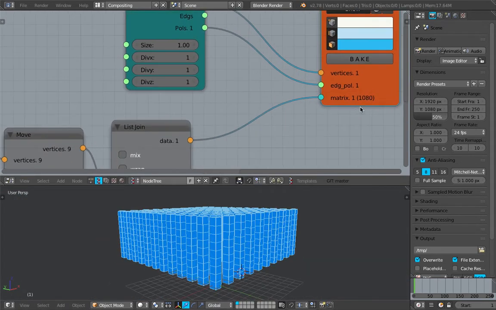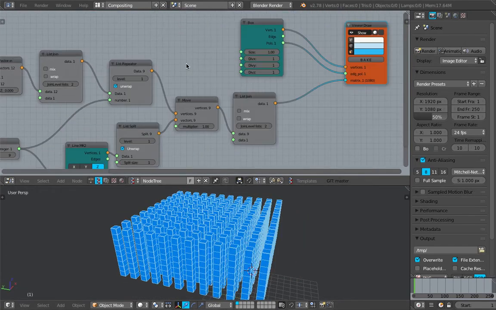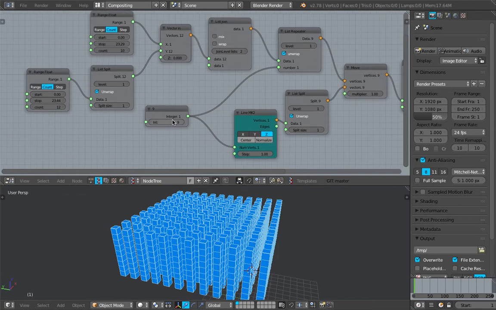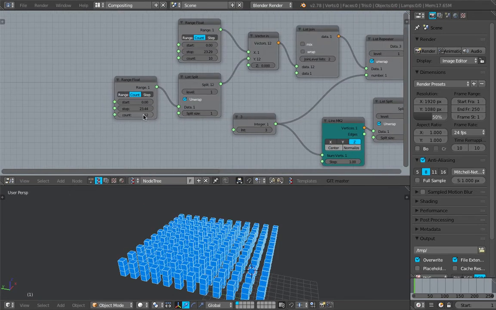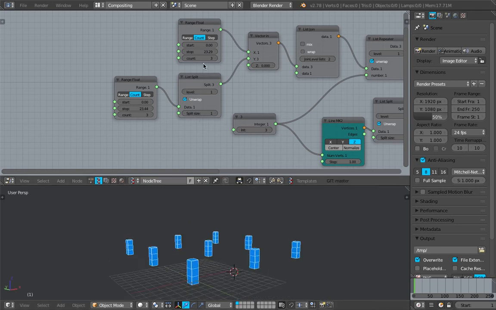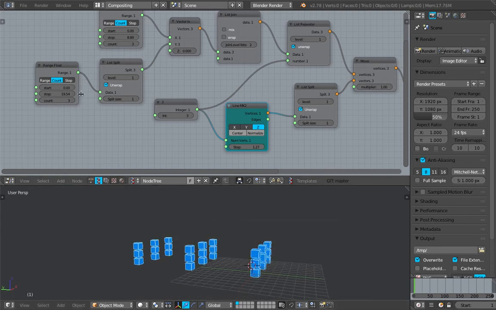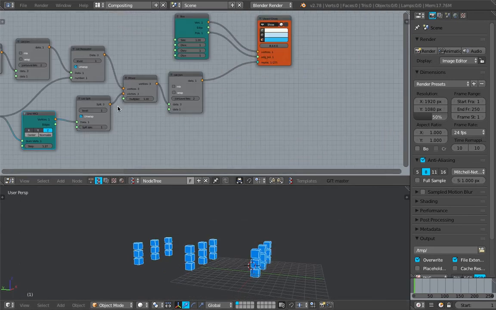We have 1080 vectors. We have 1080 boxes at the moment. It's quite a big number. I'll make it a bit smaller. So 3 by 3 by 3. We can space this a little bit better. The line also has some kind of spacing. Okay, so